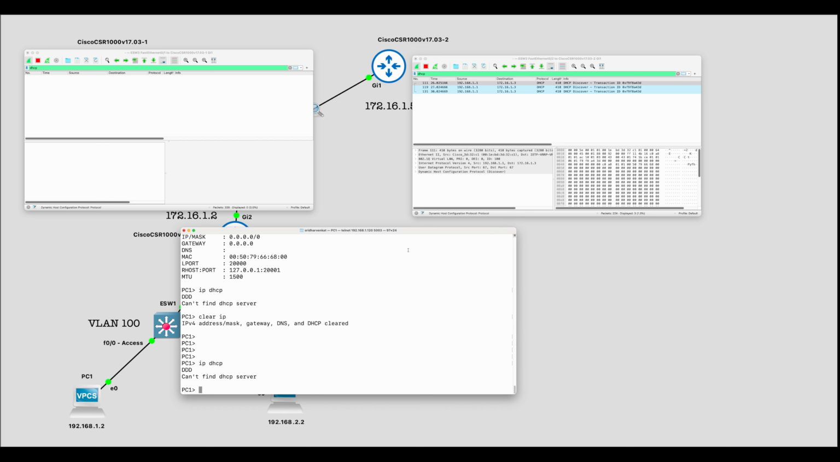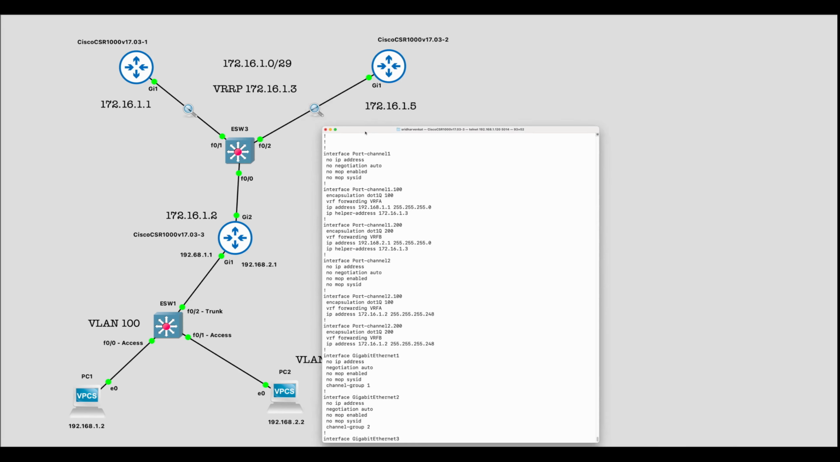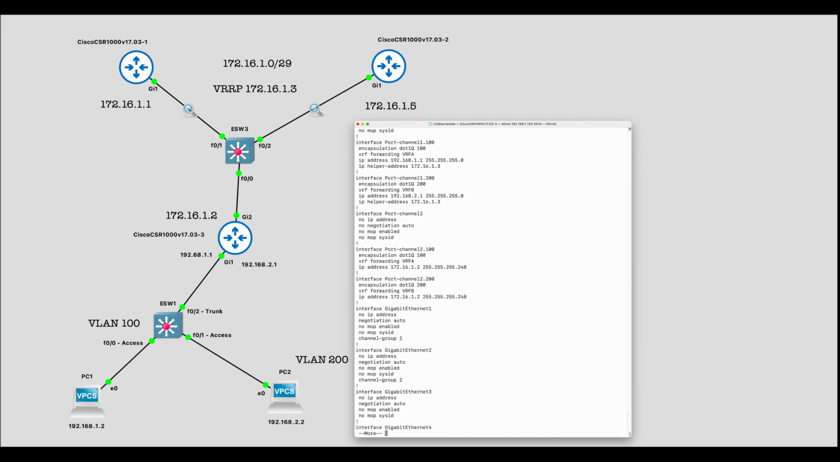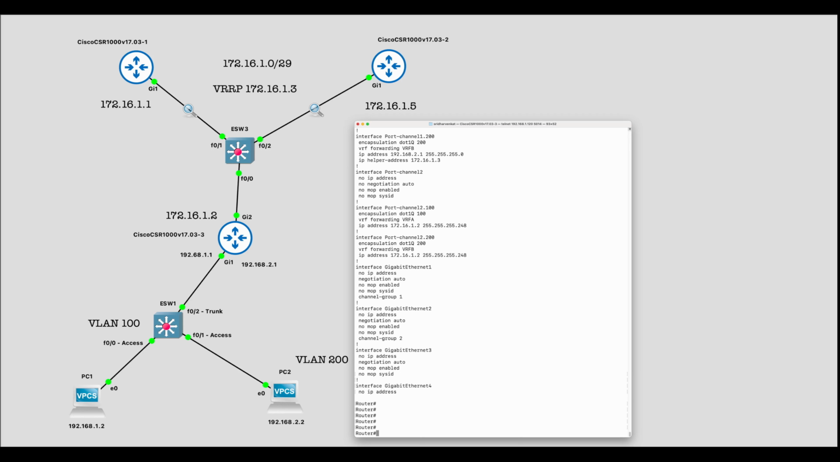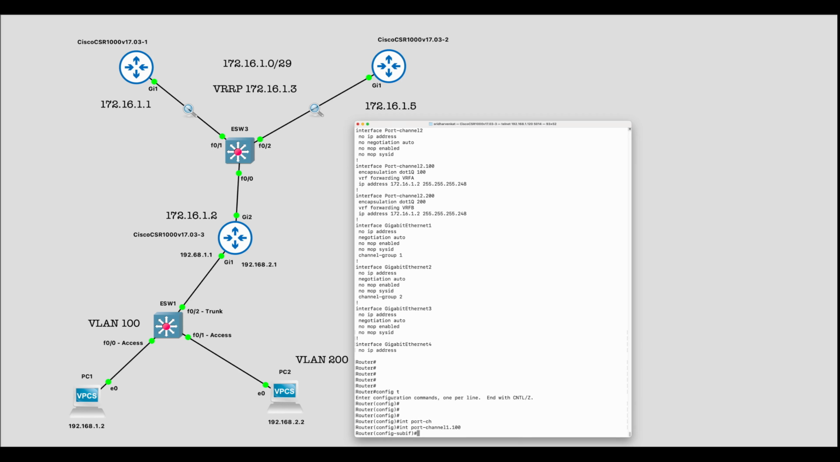So now let me go back to the old style. I'm going to remove the VRRP helper address and replace it with the two IPs of the routers in the core router. So let me go to the core router again, and let me bring up the port channels 1 and 1.100 and 1.200. And I'm going to say no IP helper address